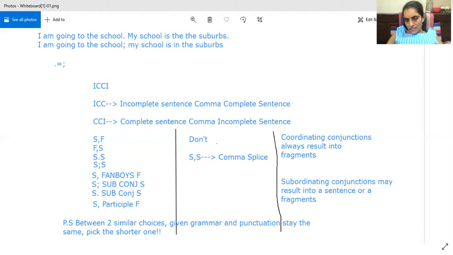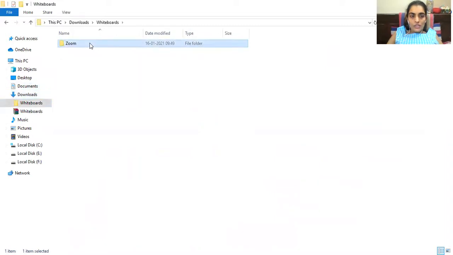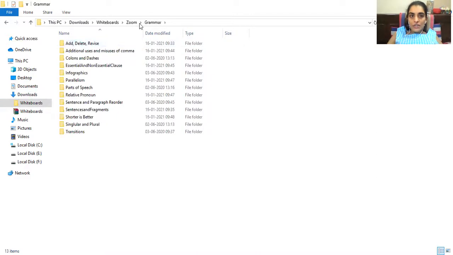Where is my index here? Oh, here. So see, like when I do this, if I go to my downloads, if I go to whiteboards, then it's in Zoom. So I don't know what chapter to open for what. You're understanding. That's why I was looking, like this is done according to chapter wise on my. So I have to see the chapter list to see what I'm teaching you.